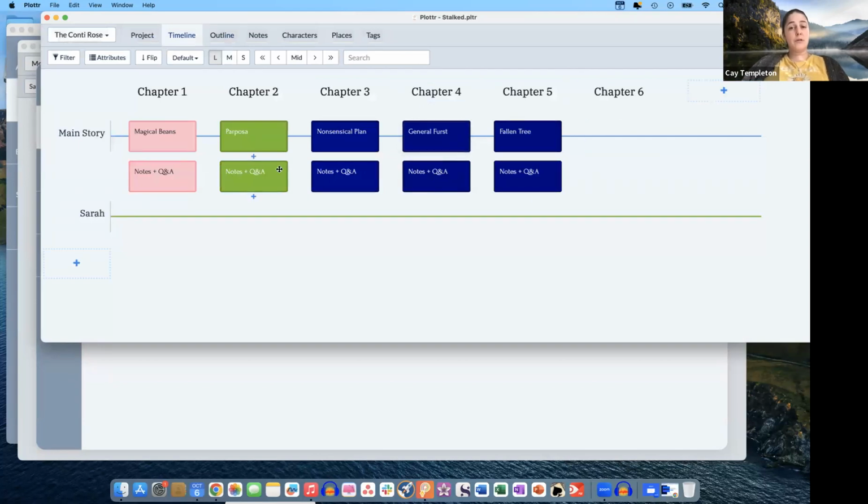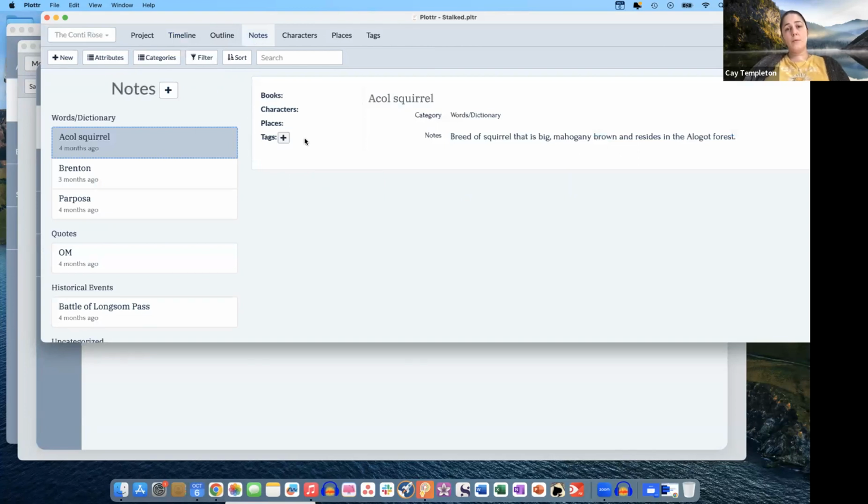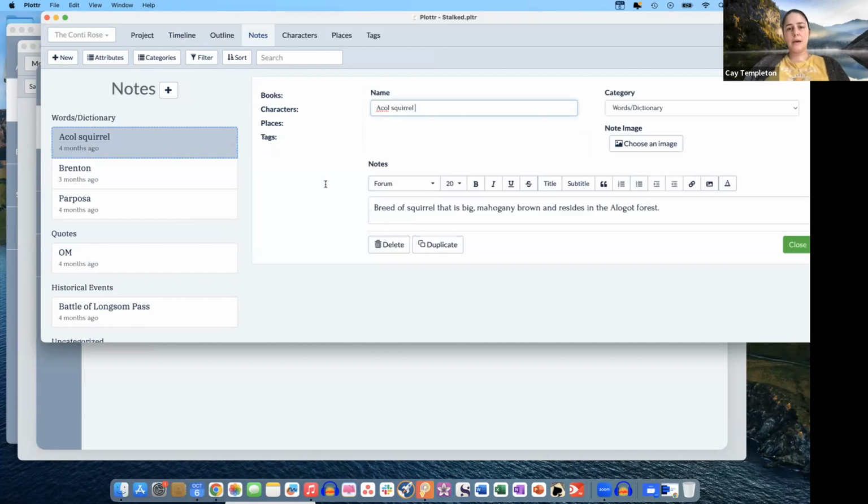And the beans are important to keep track of because they're the crux of my story here. Okay. So that tells you about colors, all that information. Now, notes. When I told you I keep this as a dictionary, these are my words in my dictionary. And these are, okay, so an alcohol